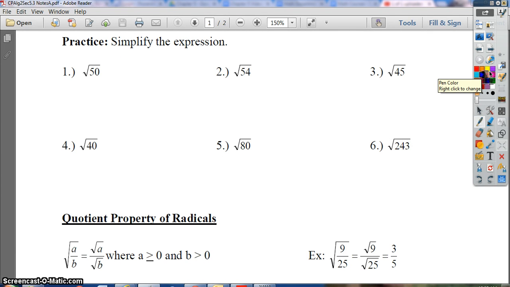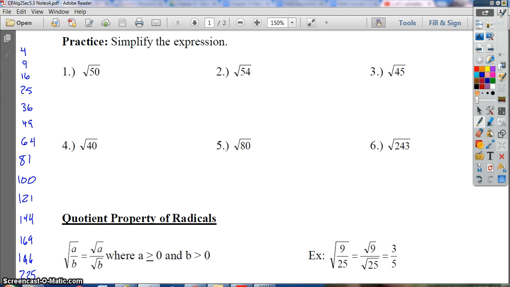So let's break down 50 now. When you break down radicals, the only numbers we care about are 4, 9, 16, 25, 36, 49, 64, 81, 100, 121, 144, 169, 196, and 225. I'll stop it. The reason I put these up here is because these are all the numbers you can take